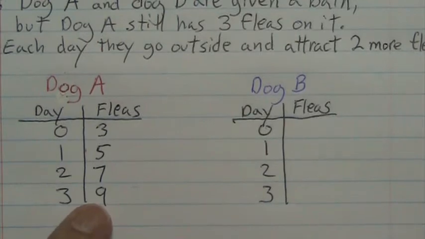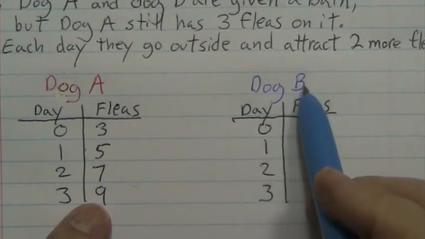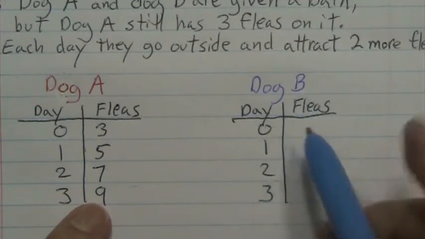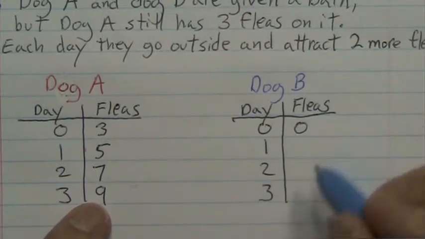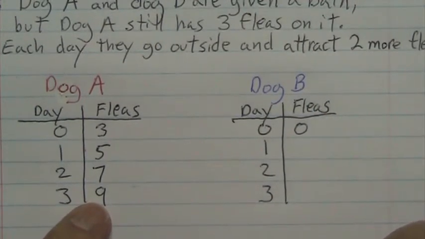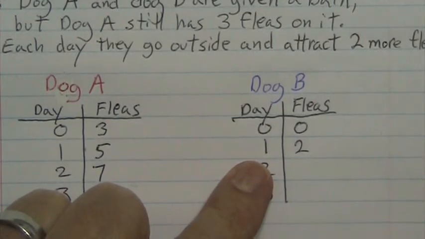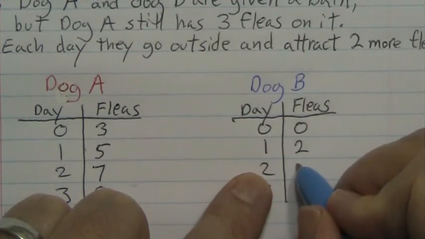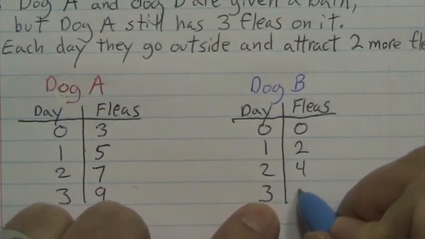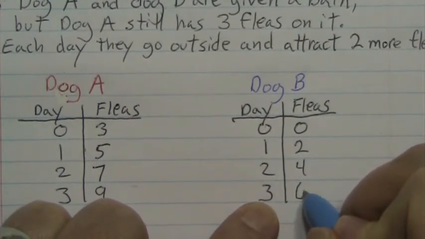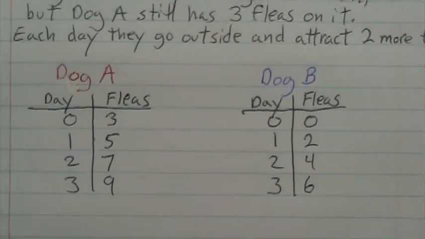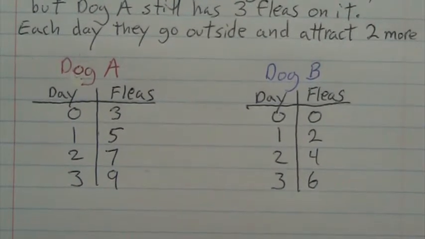Ouch, irritating. How about dog B? That one was given a flea bath. On day 0, it has 0. On the day it was given a bath. The next day, it goes out, 2 fleas jump on it. The next day, 2 more fleas jump on it. And the next day, 2 more fleas jump on it. All right, so now we just put down the data for how many fleas it has on it each day,